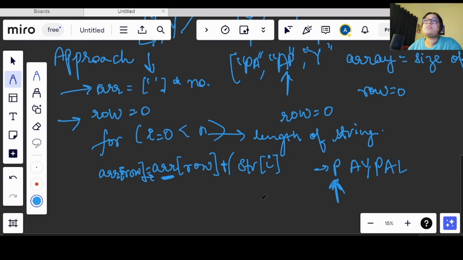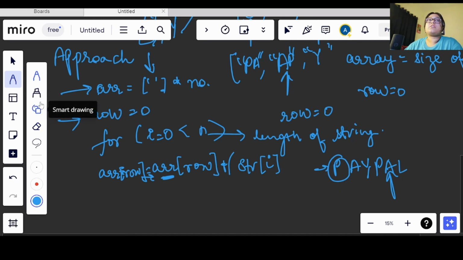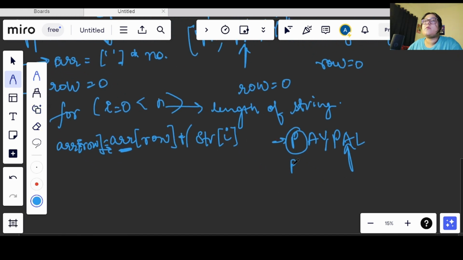Why am I doing this? Now after this P is inserted, this A will come here, right? Because we have n equals 3, so the zigzag conversion will be like this: PAY PA.